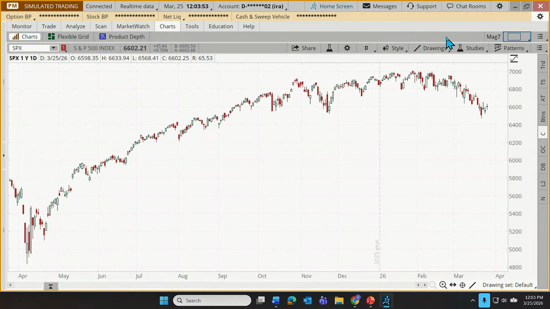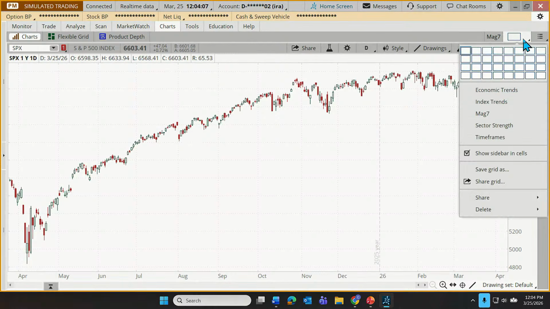But basically, a grid chart allows the trader or investor to monitor multiple charts at the same time. I've had the question before, Cameron, how do I look at multiple symbols on the same chart at the same moment? And that's done using the grids. So I'm going to come up here to grids. Now you'll notice as I click on this little rectangle icon up in the upper right, that is the grid chart tool. And it gives me a number of different configurations of potential charts. We can have anywhere up to, I believe, 32 charts at the same time, up to 8 across, up to 4 down in any configuration across or down.